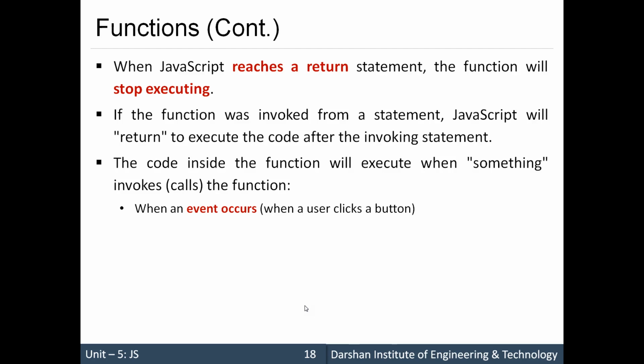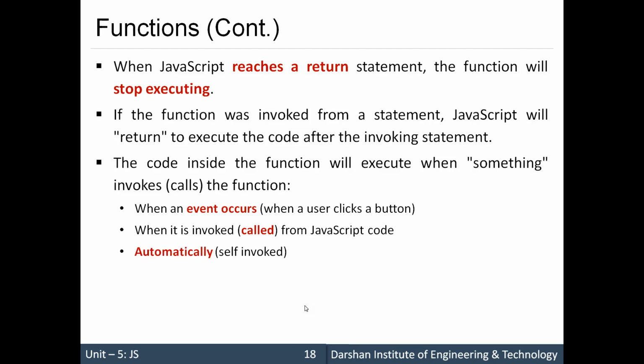At that time, we can set some function to be invoked, or it will be invoked from JavaScript, a regular call, or it will be executed automatically, self-invoked. How this will work, we'll see when we require that function to be executed. But before that, we'll see a simple example of how we can call the function.